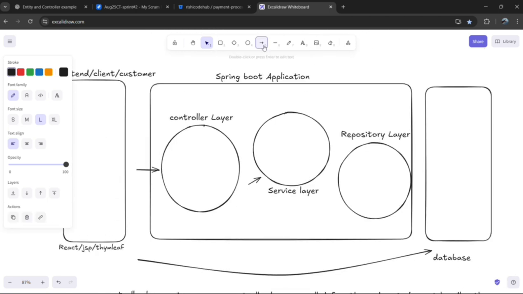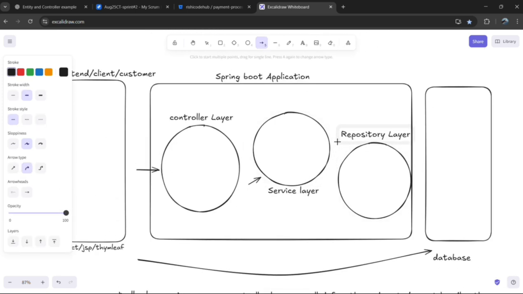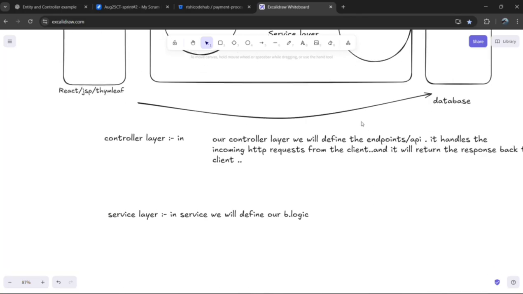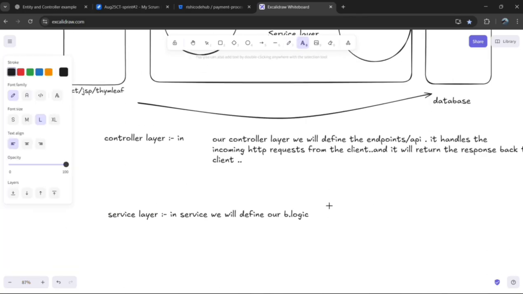Okay, and then the service layer will ask for the data from the repository layer. So what is the repository layer? What is the work of the repository layer? The repository layer is connected to our database,